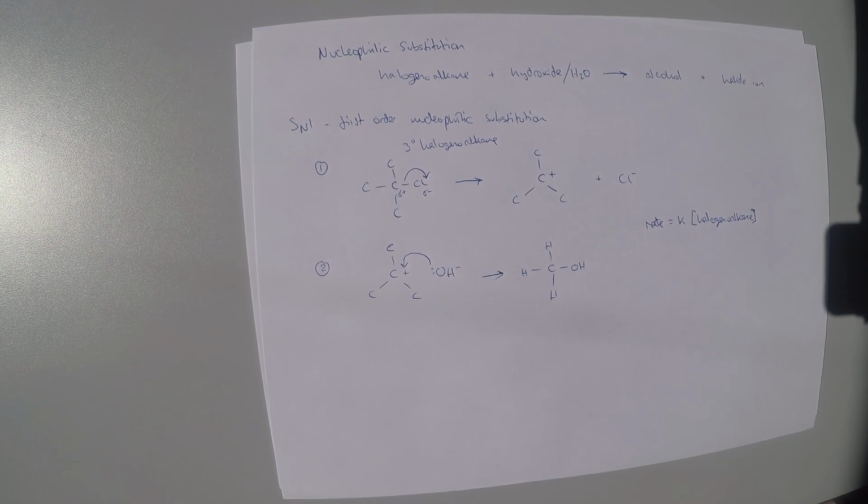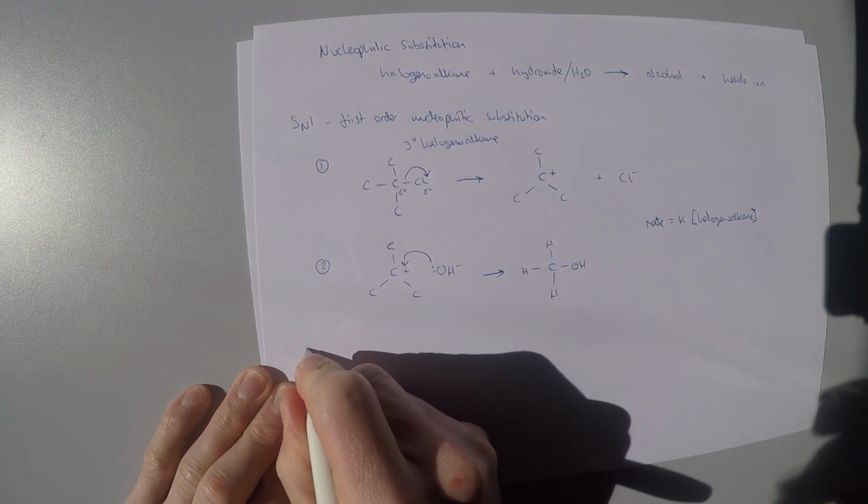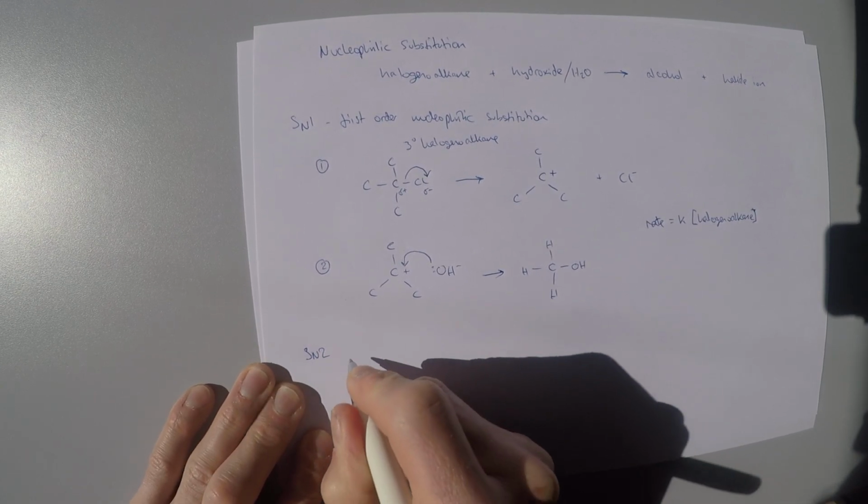This mechanism, obviously, happens with tertiary halogenoalkanes. It's favoured by a polar protic solvent which will stabilise our carbocation. So something like water, something which is able to do hydrogen bonding. The second order nucleophilic substitution